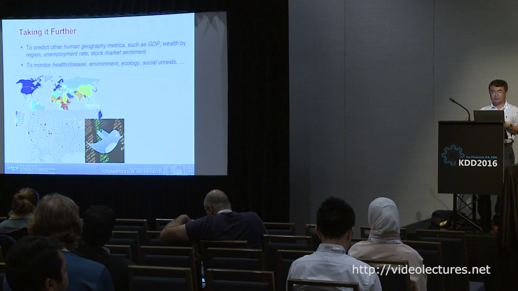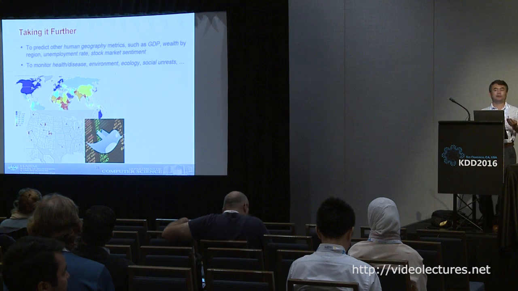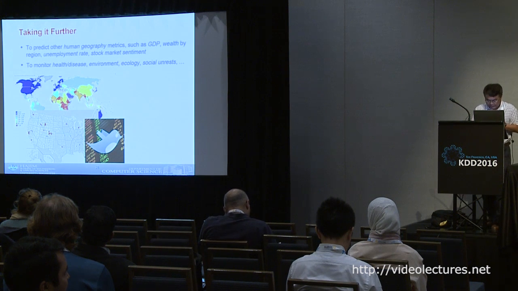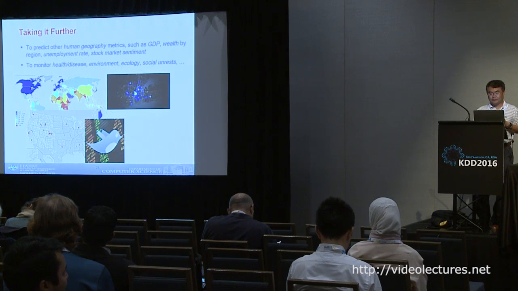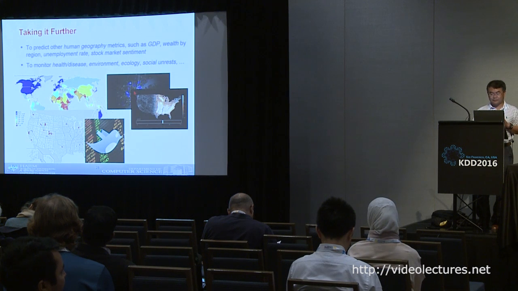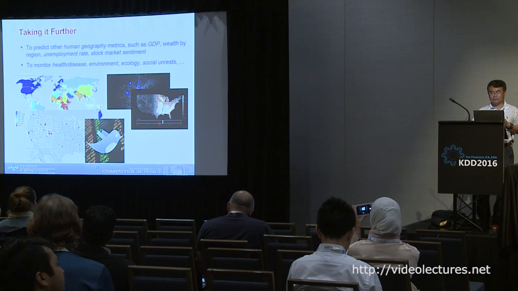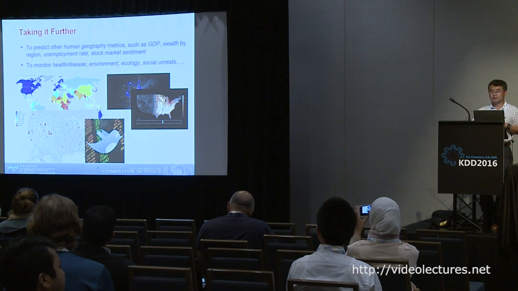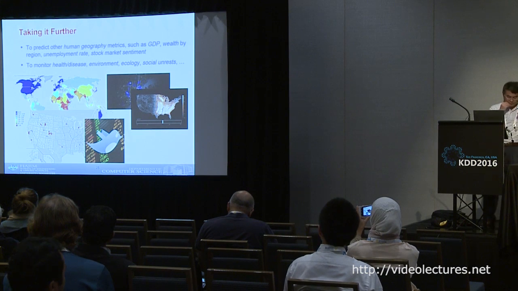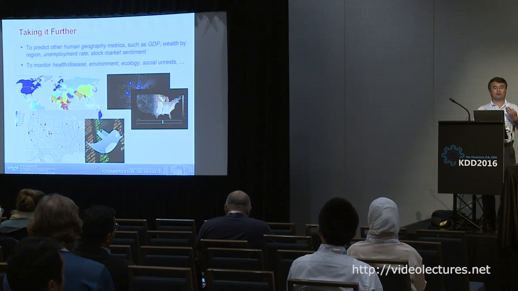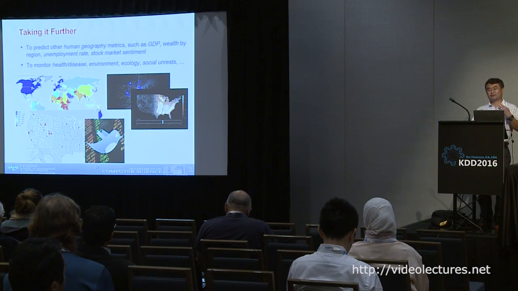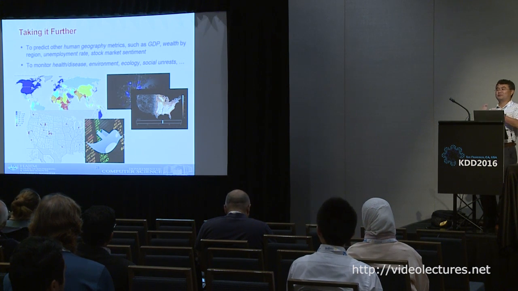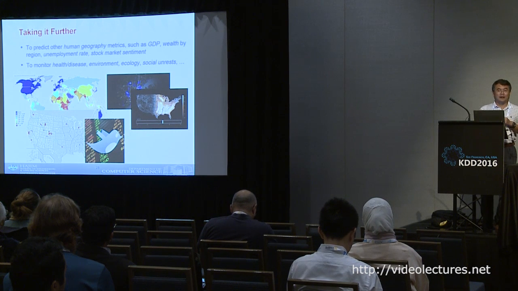I'm listing some of them there. Most notably, we use this idea to monitor public health and the environment. I'll come back to this later. I want to give this 1 minute. So this represents a project called eBird. The whole idea is to study the environment. So what's a good sensor for the environment? Birds. Okay, but how do you track birds? Okay, the old way was you catch the bird and put some sensor on its feet. Okay, but that's not scalable.